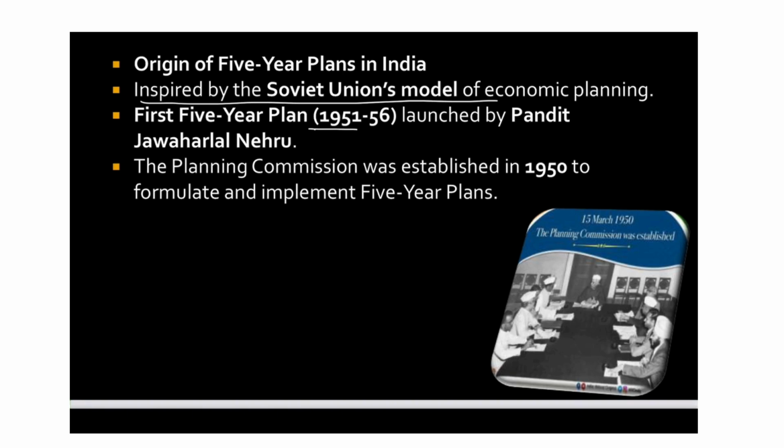So this body, this institution, was established to oversee and formulate the policies, and to see whether they were being implemented or not. So there was an independent body which had the task to formulate and implement the 5-year plans, right? So the Planning Commission, which was established in 1950, okay, just remember this. And the first 5-year plan started from 1951 and ended in 1956.